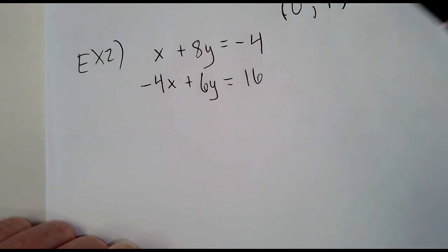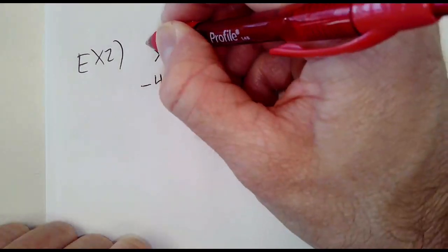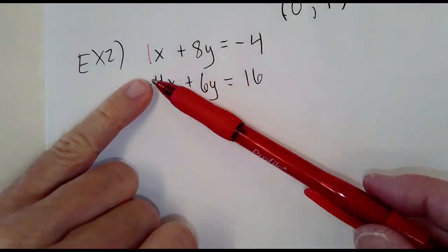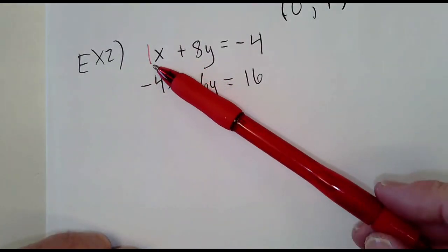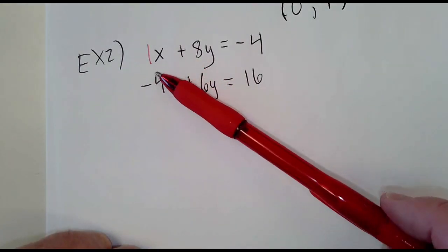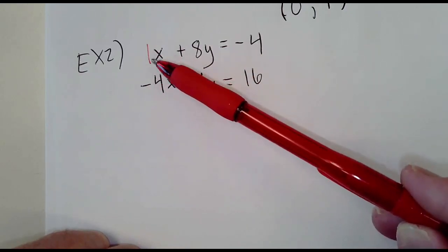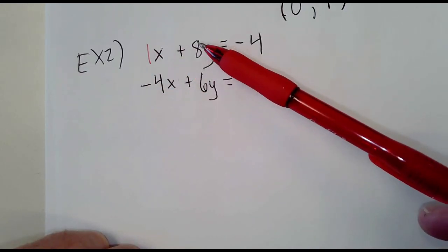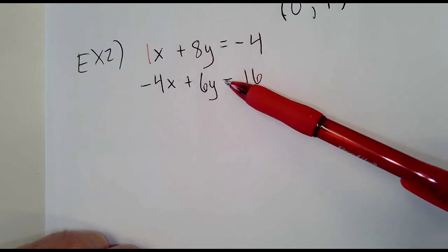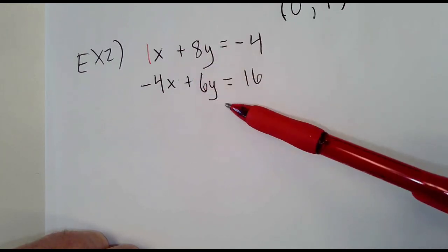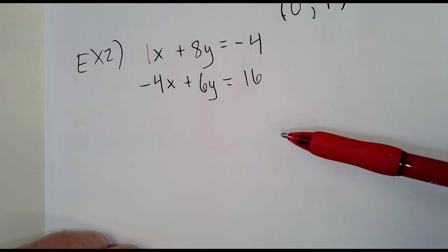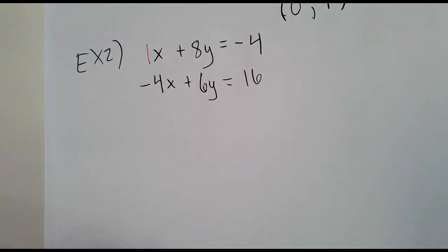You see, folks, you gotta look. You gotta look and you gotta see. This here is a 1, and we need to multiply this equation through by a number to get plus 4, negative 4, or we can get plus 8, minus 8, or something else, but that would be kind of hard because you got to multiply by a fraction, and then it gets really ugly. So I think the easiest way is to